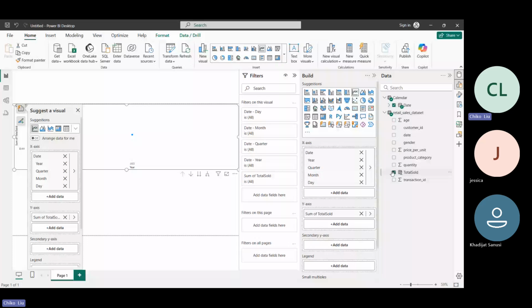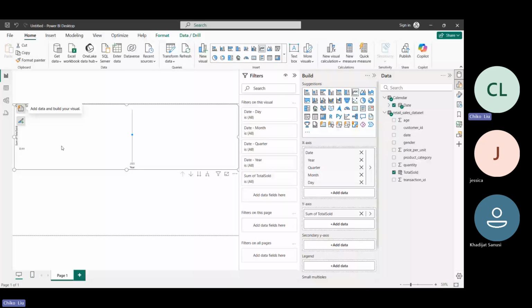And so now this is my line chart, and it's not really showing me anything because it's showing me one dot, which is total sold of $454,000. So now you can actually do a drill down to the next level, and we can then see that this is showing us based on quarter. We can still drill down to the next level, and it will now show us month on month for the year